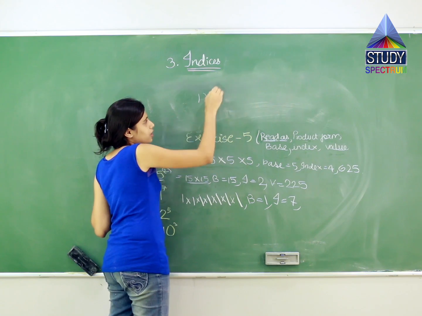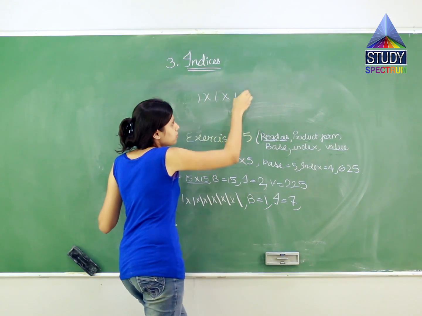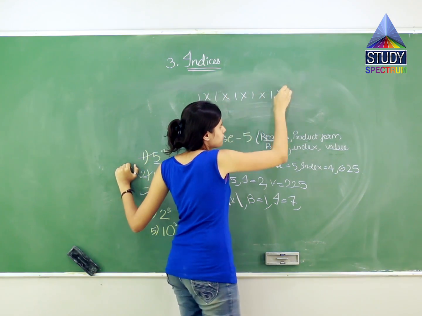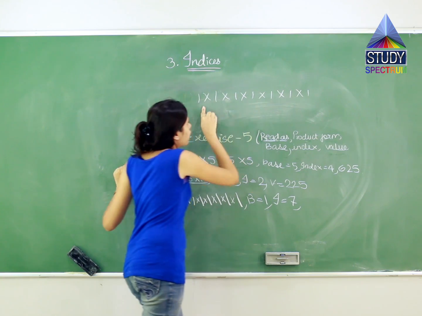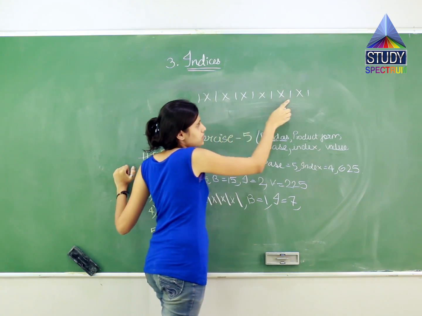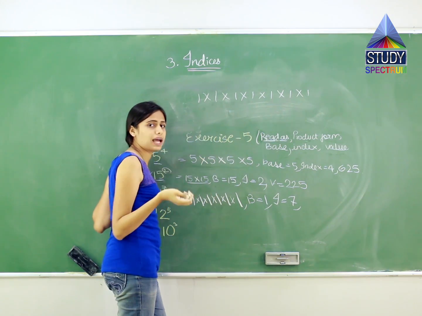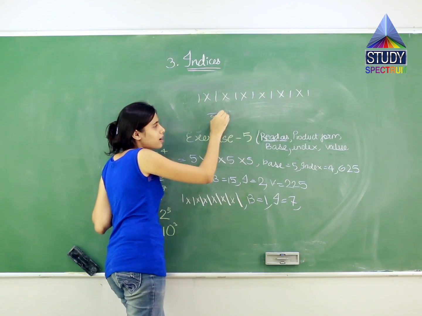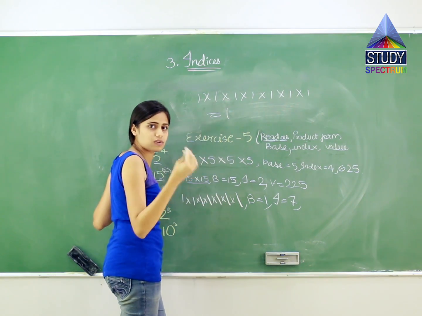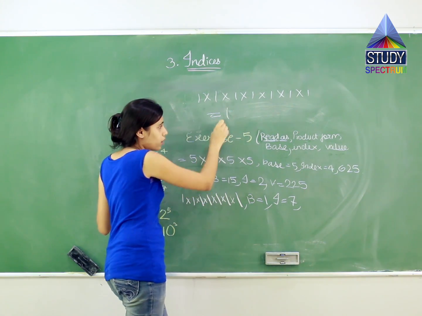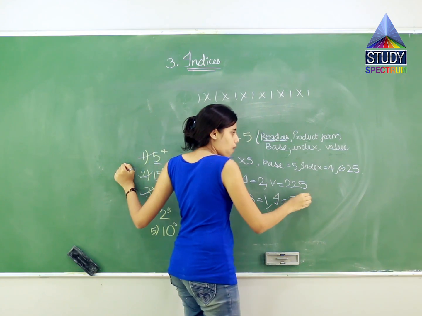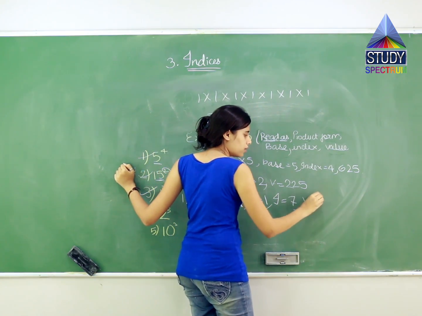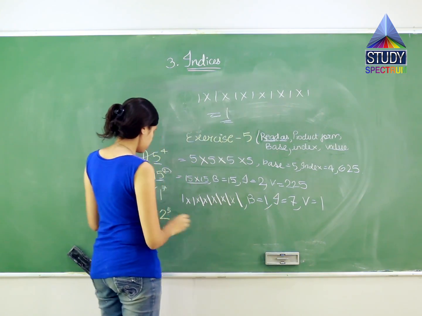Now tell me what is the value. It is like 1 into 1 into 1, that is 1, 2, 3, 4, 5, 6 and 7. 7 times multiply 1, what will we get? 1 into 1 comes to 1 only. So 1 1 is 1, 1 is 1. So ultimately the answer is what? 1. So that is what the value is. So value is equal to what? 1. Now let us solve the next question.